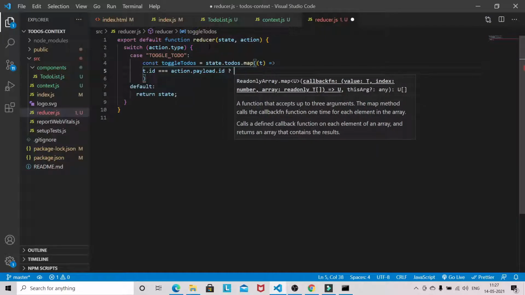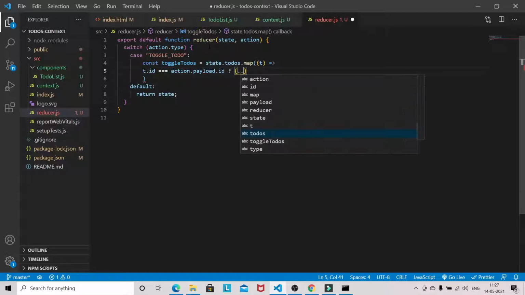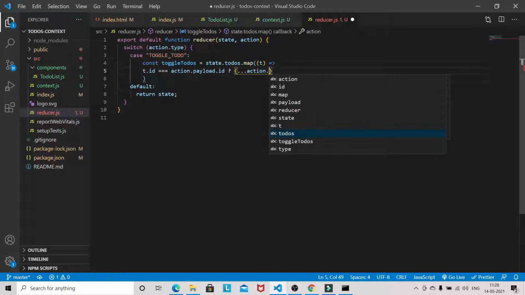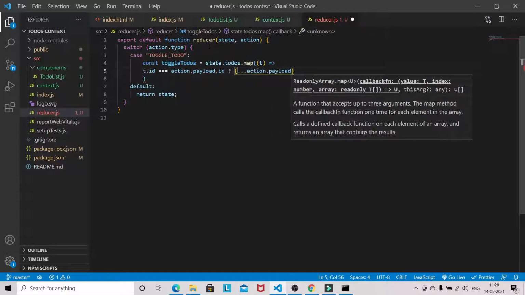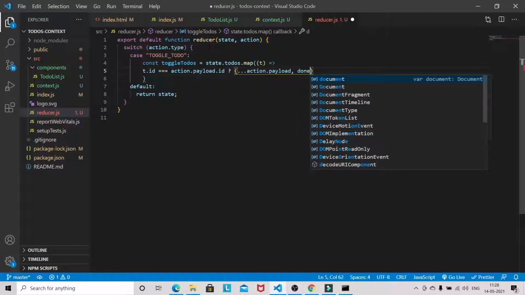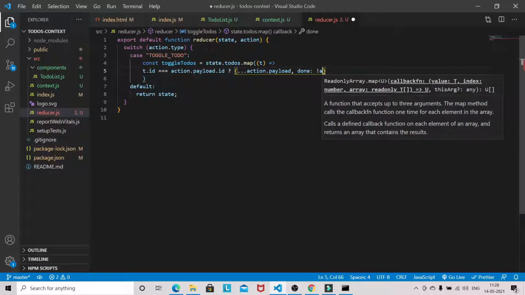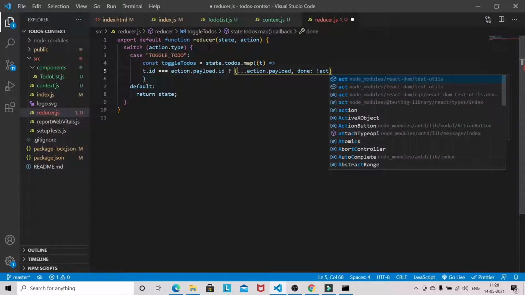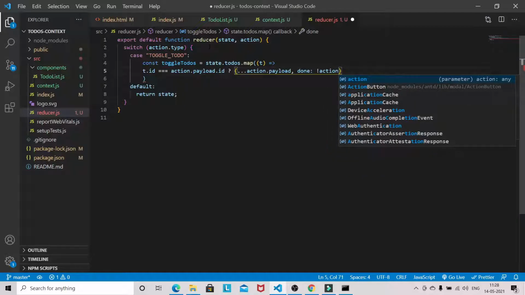So if the id is matched, then what we want to do is action dot payload and done will be the opposite only. We are just toggling the value of done.